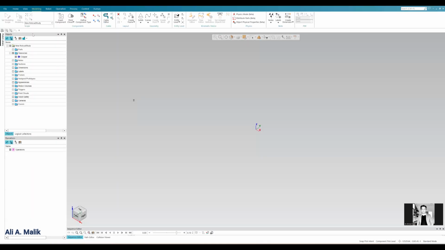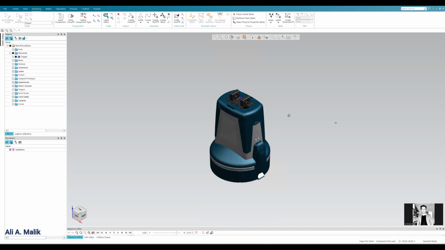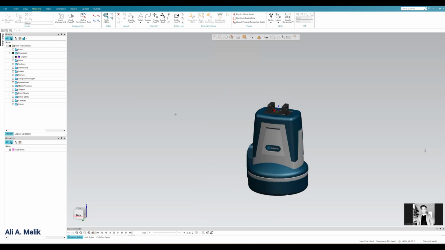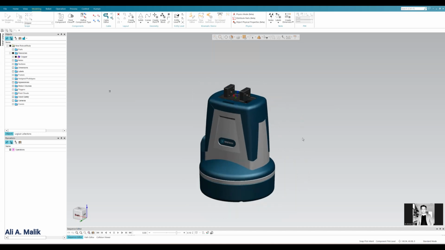I am going back to TPS, and here I will select this gripper. You don't see anything, but then I will set it in modeling scope. Once it is in modeling scope, you can see that this gripper has been imported into TPS, and now it is ready to use. So this is how you can import CAD data into TPS, and then you can start defining its kinematics. Thank you.